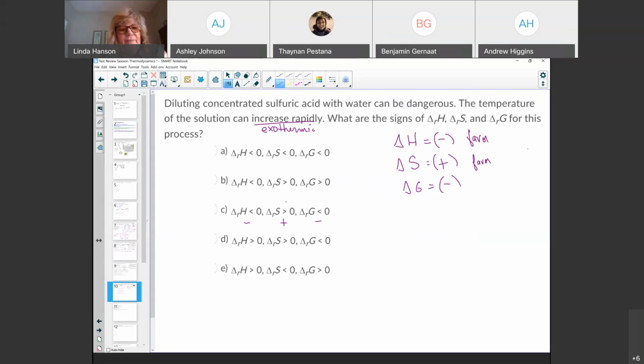And yeah. So I have a question. Go for it. So for this type of word problem, are we supposed to break down the components that are provided for us, like the key words within the problem, to find the delta H, delta S, and delta G? Yes, that is the best advice.